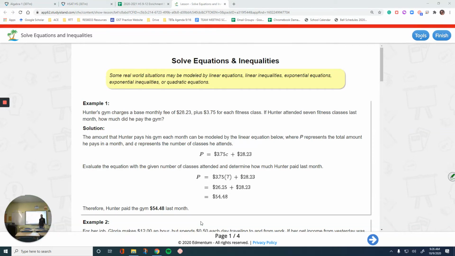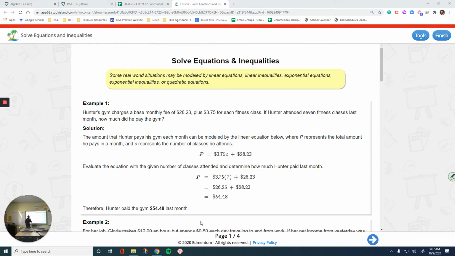Hey everyone, in this video we are going to talk about solving equations and inequalities by using real world examples and situations. So let's get started. When we do so, we are going to use linear equations, quadratic equations, and exponential equations most likely. So the first question is,